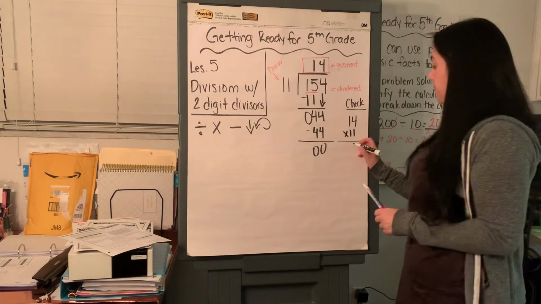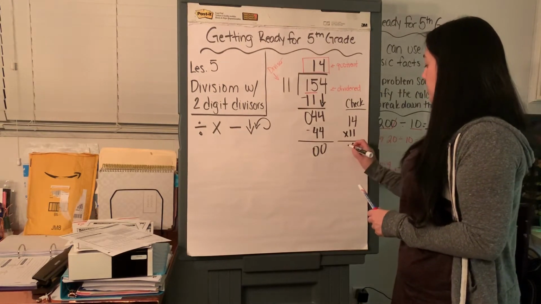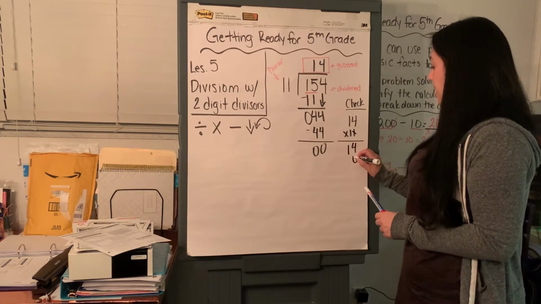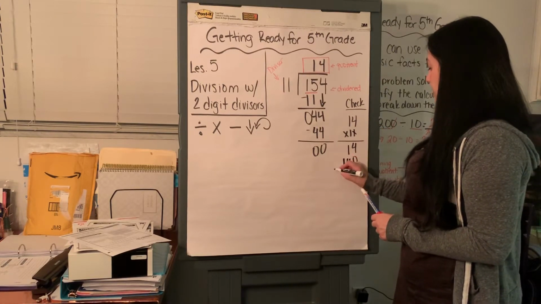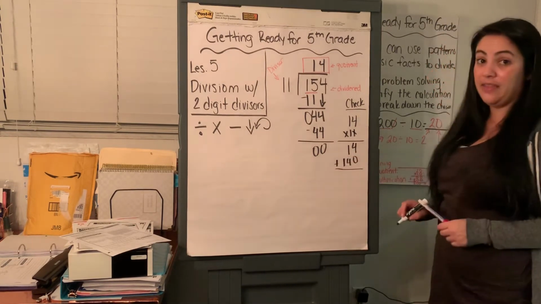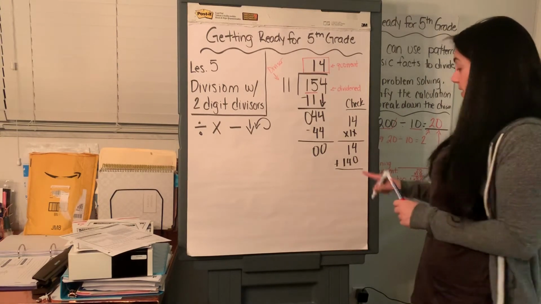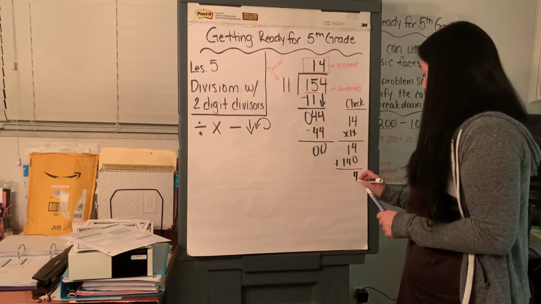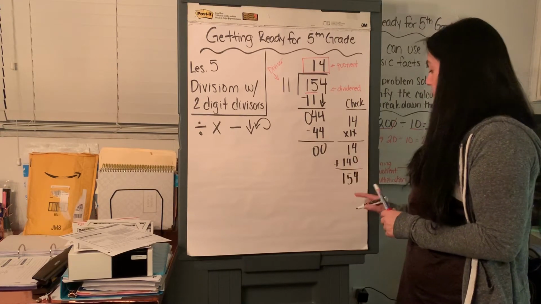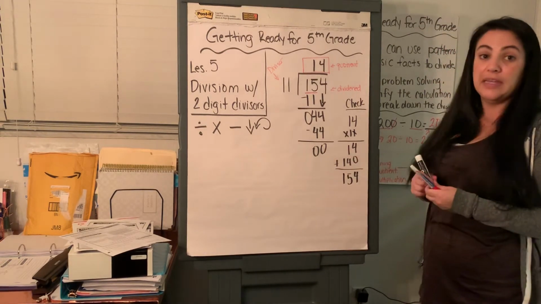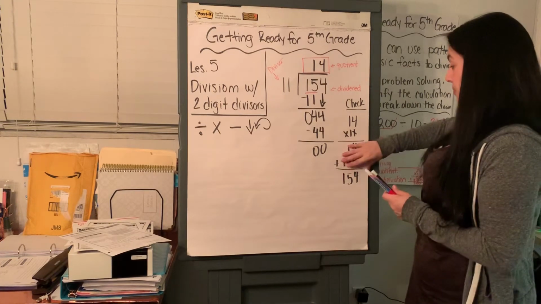1 times 4, 4. 1 times 1, 1. I put my placeholder. 1 times 4, 4. 1 times 1, 1. I now add both multiplications. 4 plus 0 is 4. 4 plus 1 is 5. And 1 plus 0 is 1. And 154. I'm going to do another example for you,